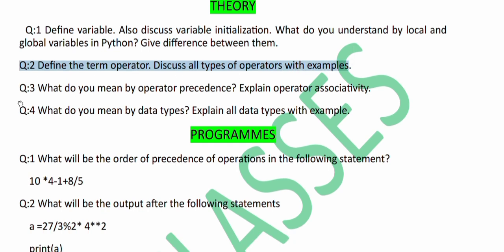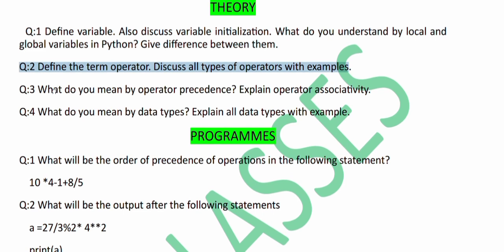The next question is, what do you mean by operator precedence? Explain operator associativity. And the next question is, what do you mean by data type? Explain all data types with example. And here, see,